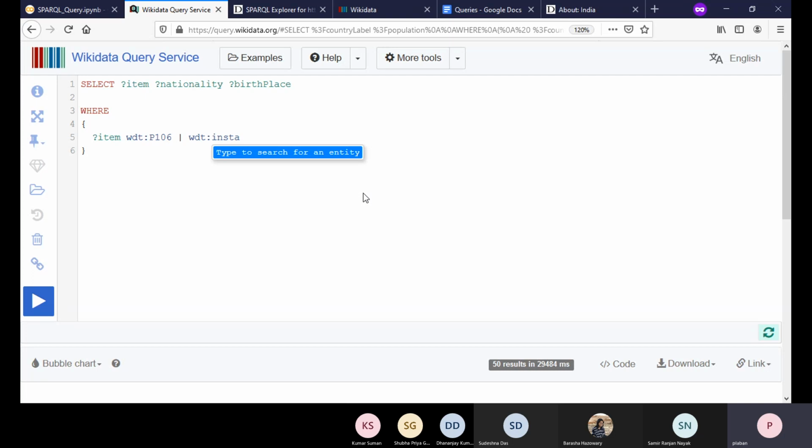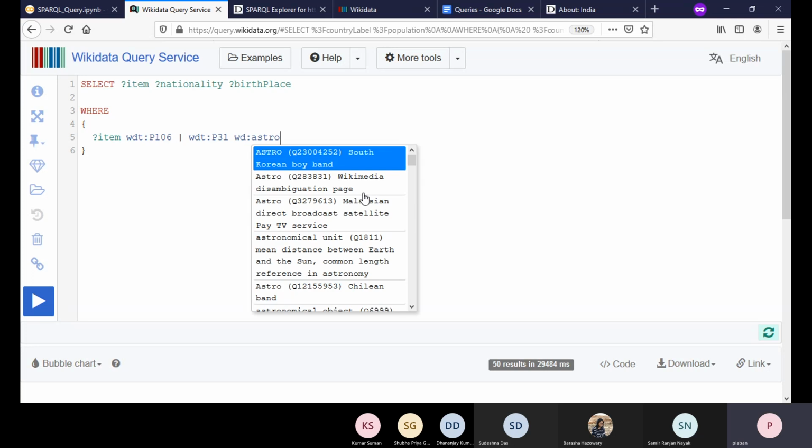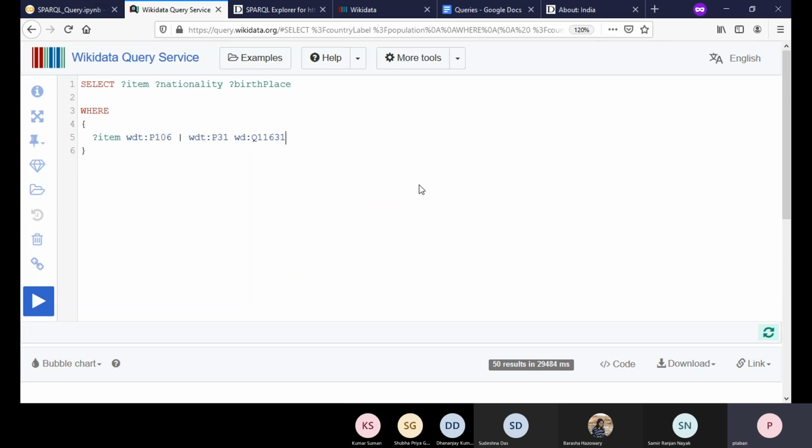So this is what you want. Then the occupation would be astronaut. So you just say WD colon and say astro. Do we have something here? Astronaut. Yes, we have one astronaut: a person who commands, pilots, or serves as crew member of a spacecraft.